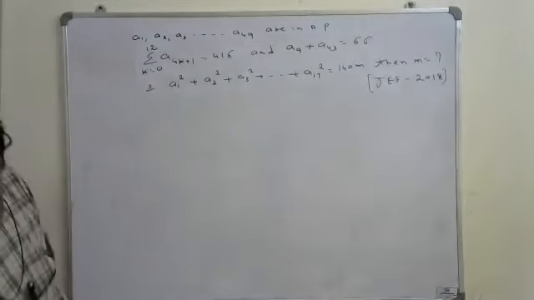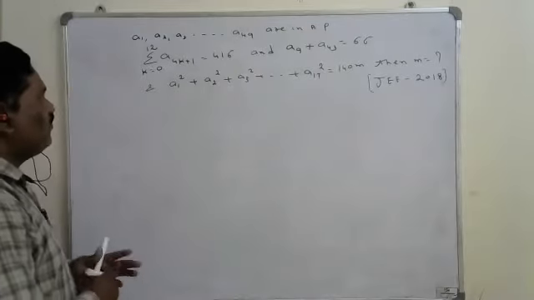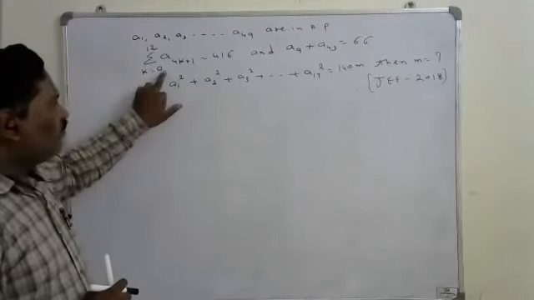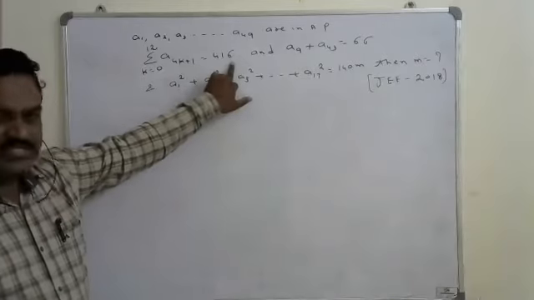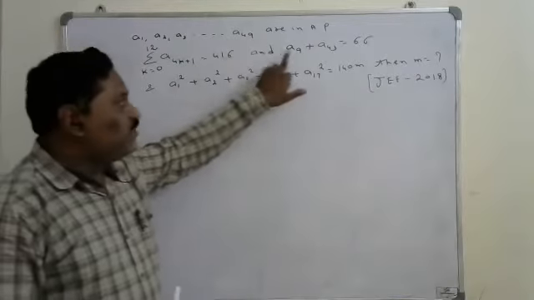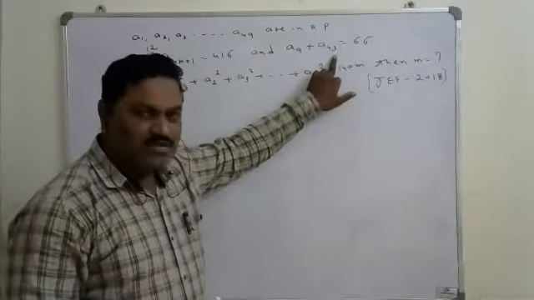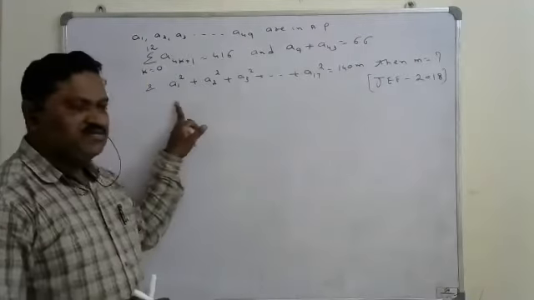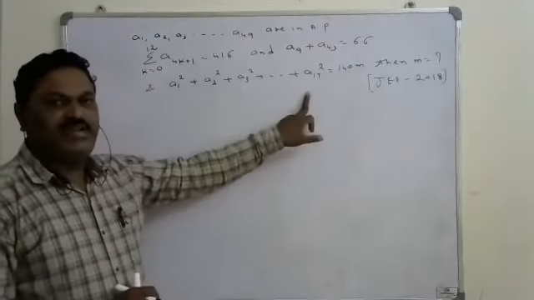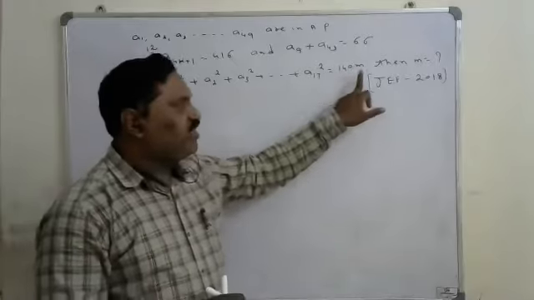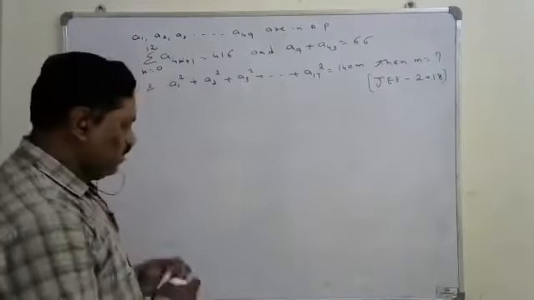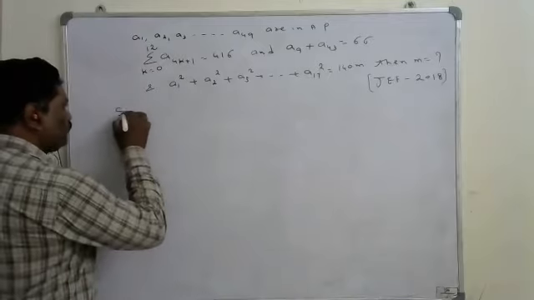Once you understand the problem, the sequence was given in AP. The sum of all these terms was given as 416, and the sum of the 9th term and 43rd term was given as 66. And the sum of the squares of the first 17 terms of the AP was given as 140m. Then what is the value of m? First, listen to this carefully.